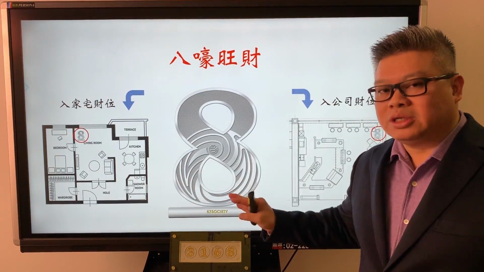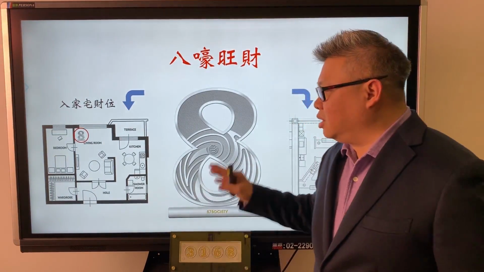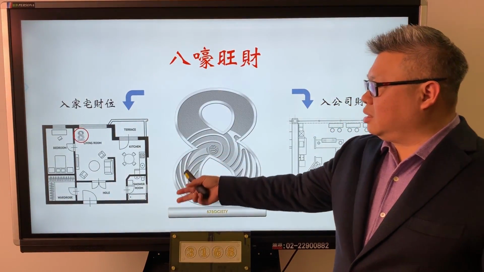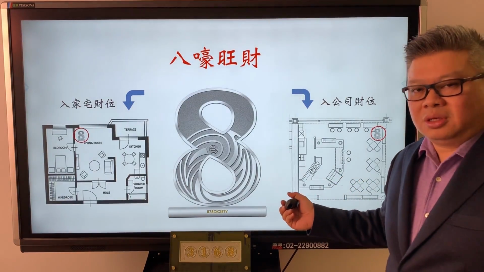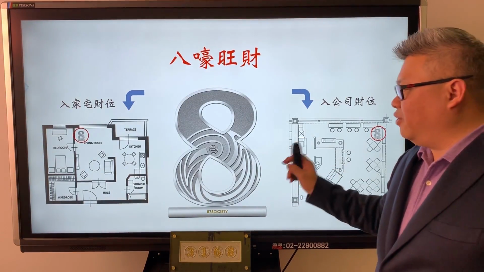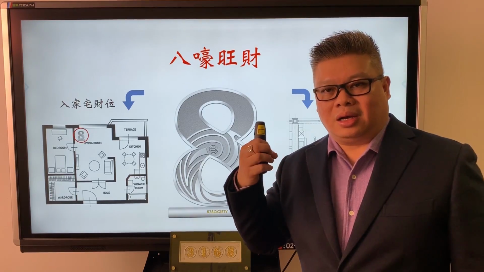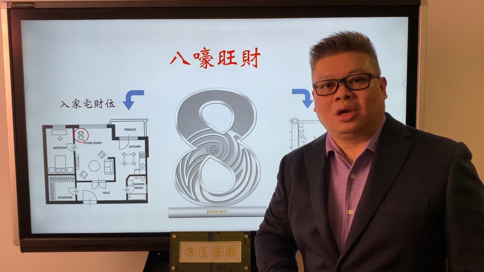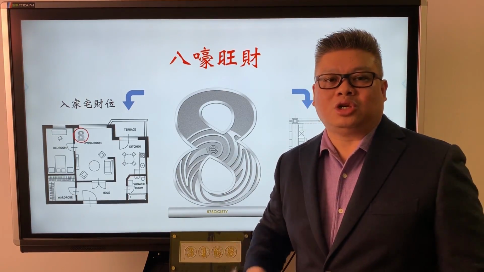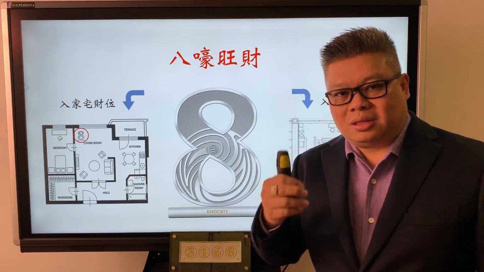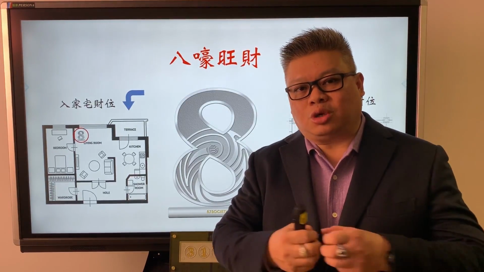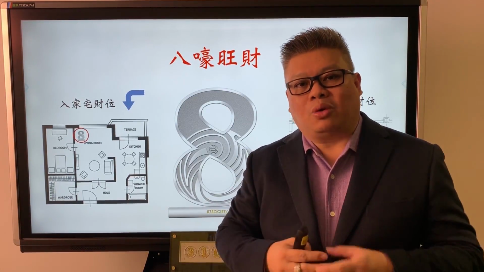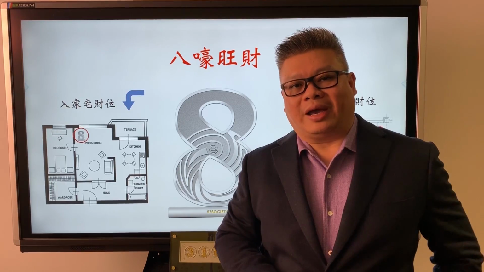So let's focus on the 8. For the time being, the 8 will be placed in either your residential property or your office. This will be a very important symbolism that we use to identify the position of the 8. The individual 8, which you derive from your date of birth, will match with what we call the power of the number 8 in the year of 2019.